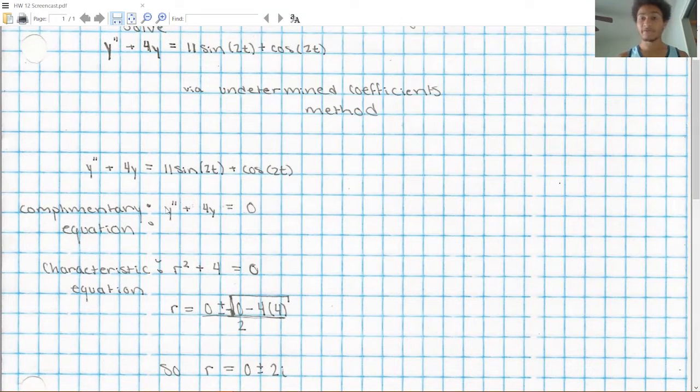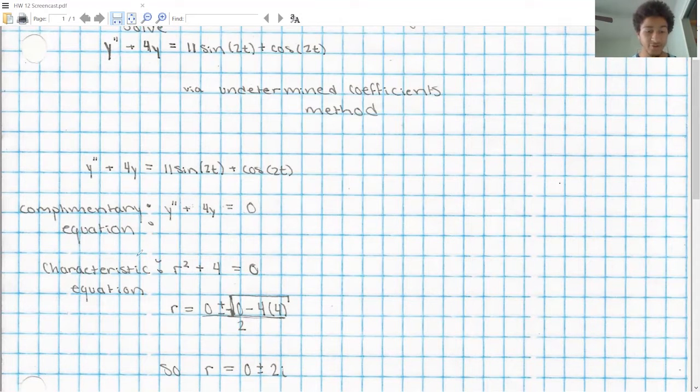And we can solve this equation to get a solution to the complementary, because we know that the set of solutions for this ODE right here will be equal to the solutions to the complementary equation plus the solutions to the particular equation, where we take into account the right-hand side of this ODE. Okay, so first off,